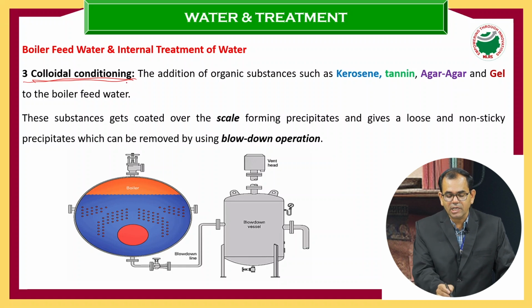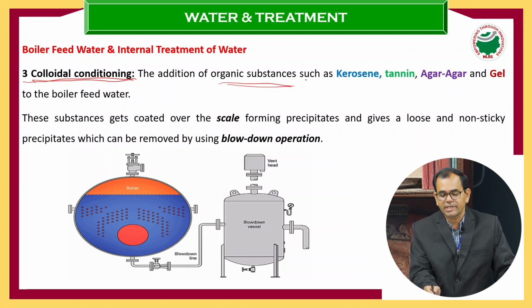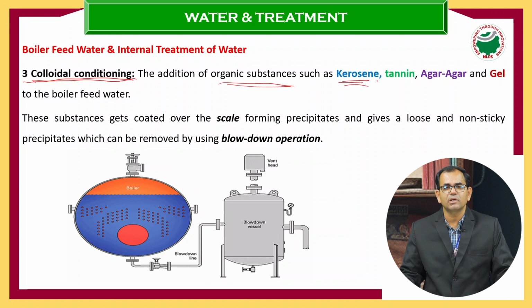So basically colloidal conditioning uses organic substances like kerosene. We all know that kerosene is a byproduct of petrol and diesel, when we do the refining or fractional distillation of crude oil. So kerosene, tannin, agar agar. Tannin is an organic hydrocarbon, protein hydrocarbon molecule, and agar agar is a jelly like organic substance. By using these three kinds of organic substances, we can remove whatever sludge is formed